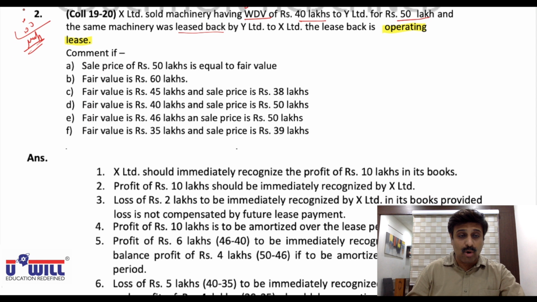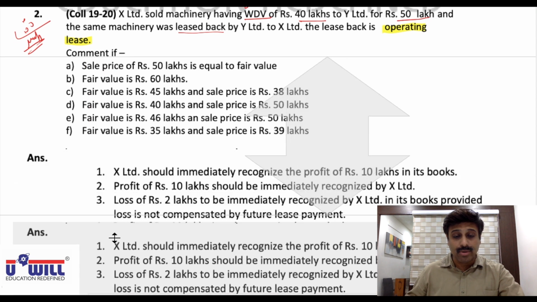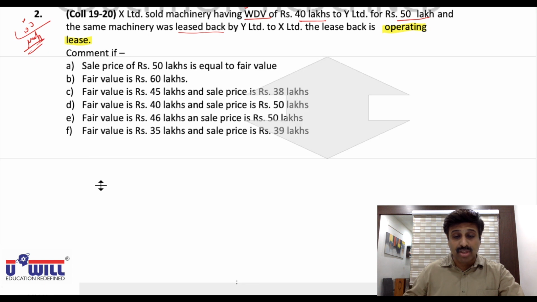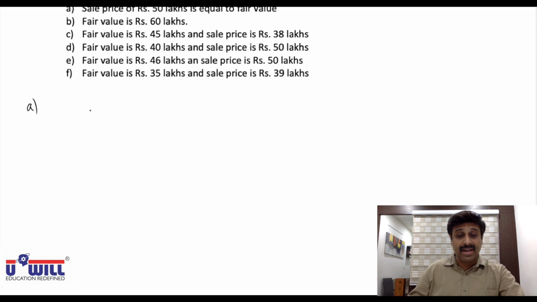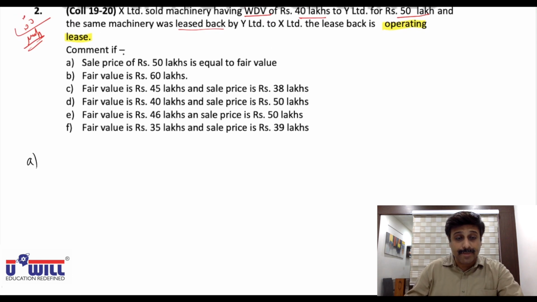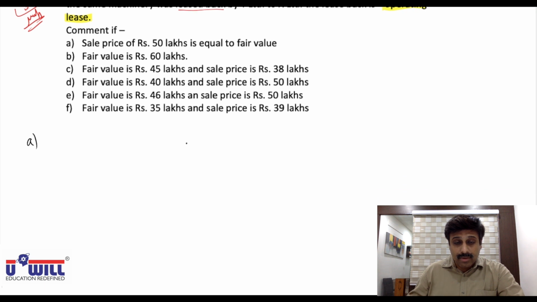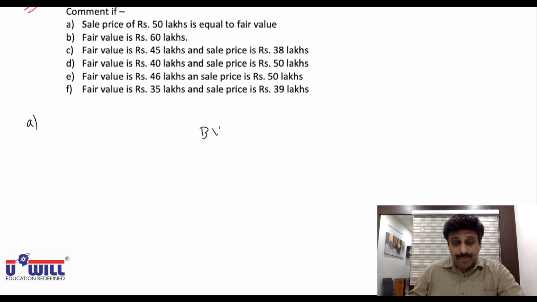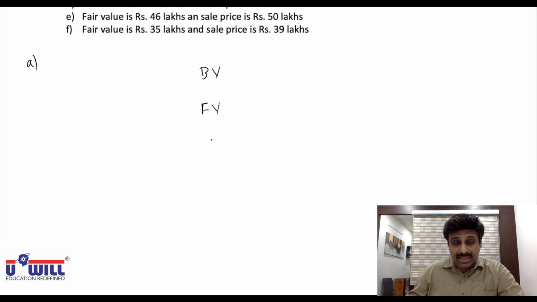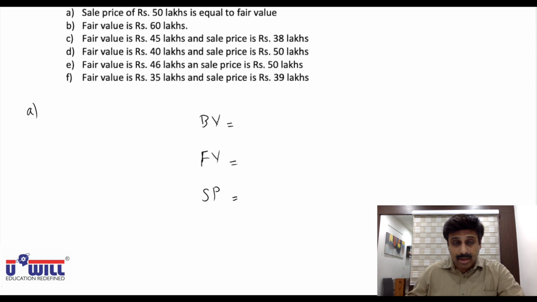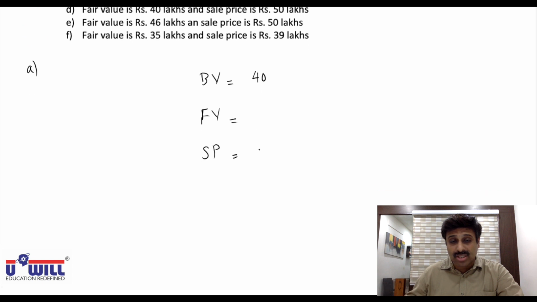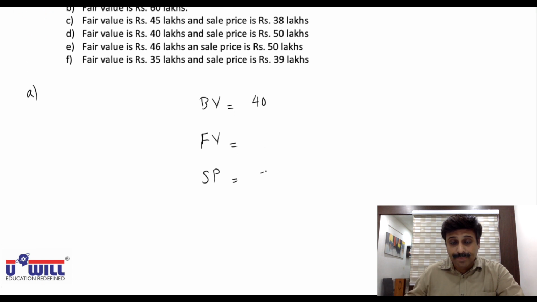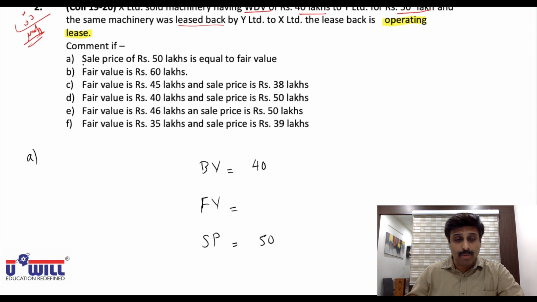So, you can see 4-5 options are given to you over here. Now we will work out each and every option with that diagram, and then you verify the answers given in your pamphlet. How do they match with our diagram? Look at it. First, that diagram: book value, fair value, selling price. Always, these three things we have to compare. What is the book value in all the situations? 40 lakhs. What is the selling price in all the situations? 50 lakhs.